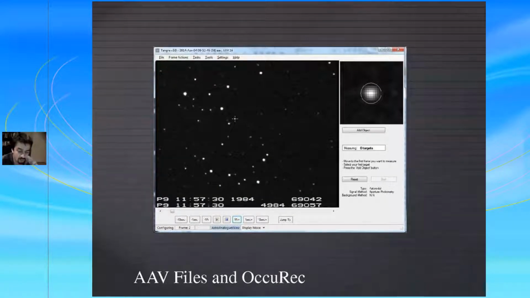The other one, which I mentioned that Tangra supports, is the AAV format. And I would like to mention a bit more about this.